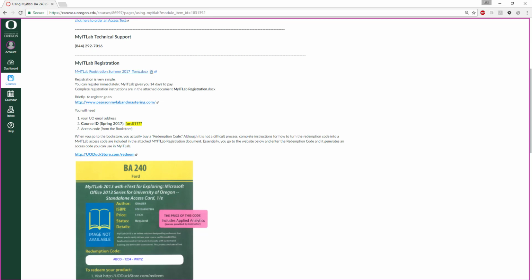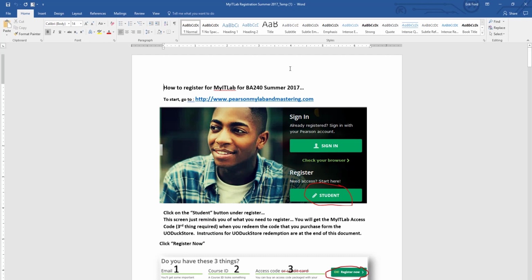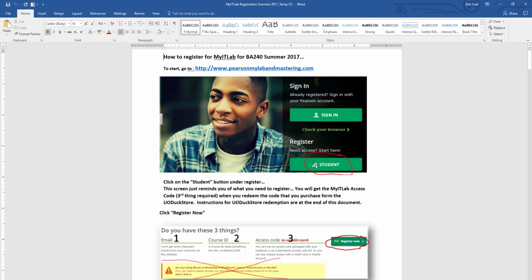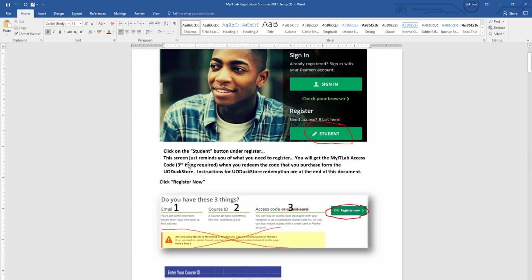And so I'm going to click on that. I already have that opened up, and it looks like this, right? And these are step-by-step instructions helping you sign up for MyitLab. We'll look at them here, and then I'll actually do it live for you, just like I was a student. All right, so I'm going to look down through here. This is the link right there that'll take us to where we sign in. We say, hey, I'm a student. We create a